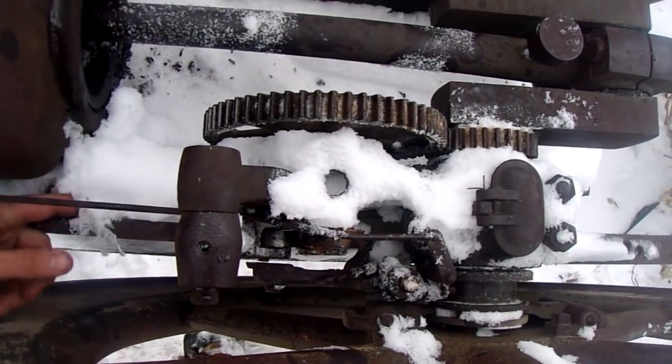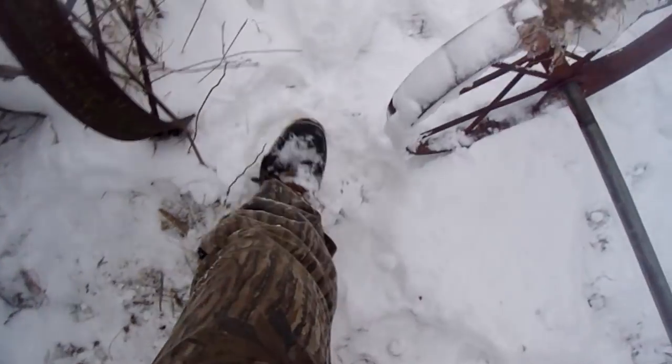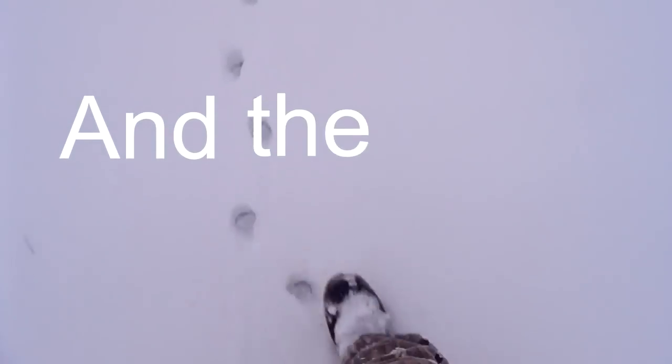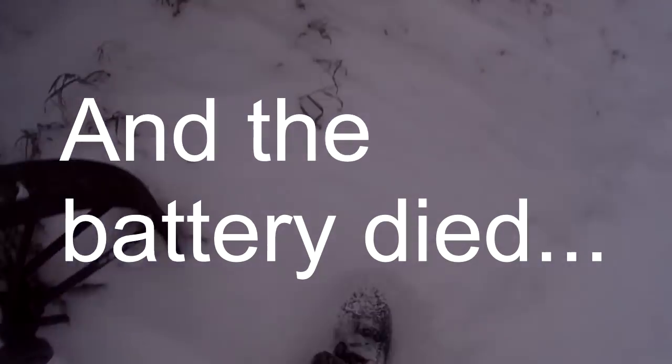Once in a while I do newer things, but I try to keep to the older side because that's more what I work on. My next project I'm planning for, well, it might be in a few weeks or a month or whatever, will be a 6 horsepower Sandow, which is right